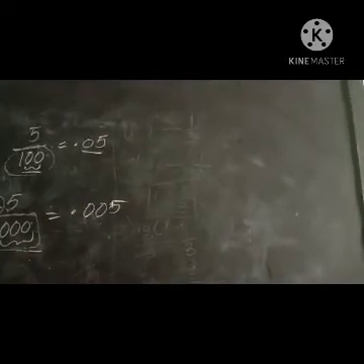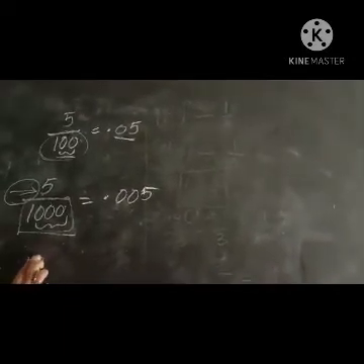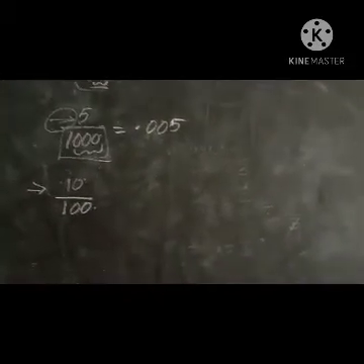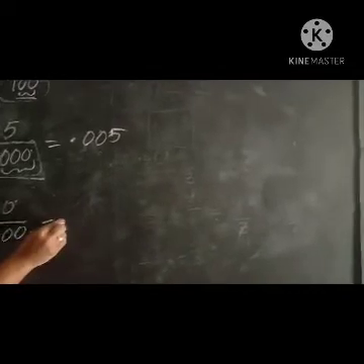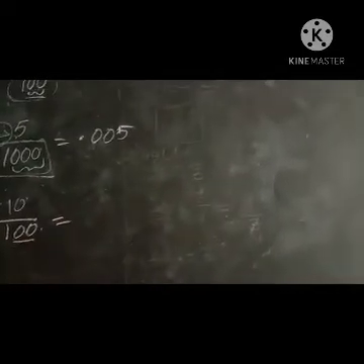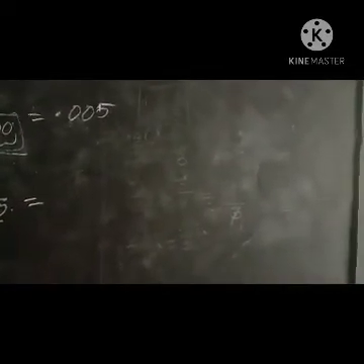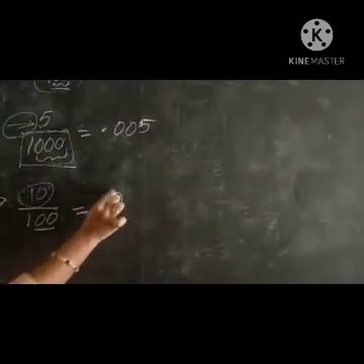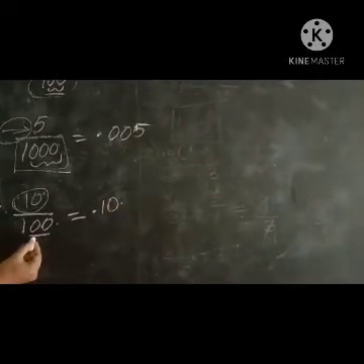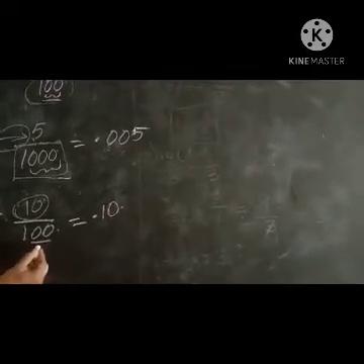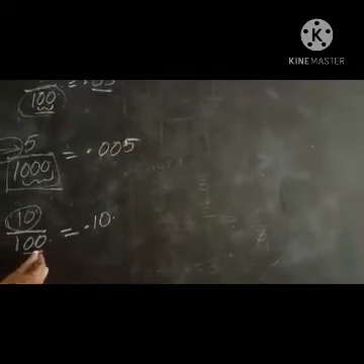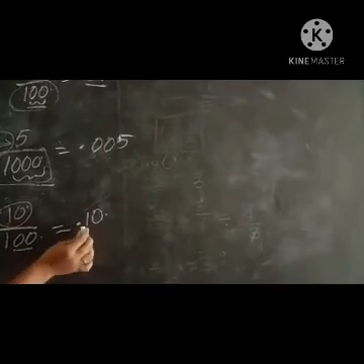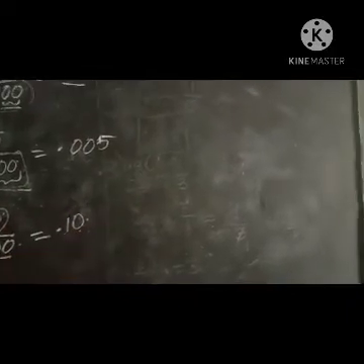Again I am giving one number, children. See here, 10/100. 10/100 means which number here we have to write? How many zeros are there here, ma? Only 2 zeros are there. Here the numerator also has 2 numbers. Just we have to keep the point and write the 2 numbers. ఓకే, కింద 2 zeros ఉన్నాయి కాబట్టి ఏం చేయాలి? ఇక్కడ 2 zeros ఉన్నాయి అంటే మన పాయింట్ తర్వాత 2 numbers రావాలి కదా. సో ఇక్కడ ఆల్రెడీ 2 numbers ఉన్నాయి కాబట్టి జస్ట్ we have to write the point before 10.